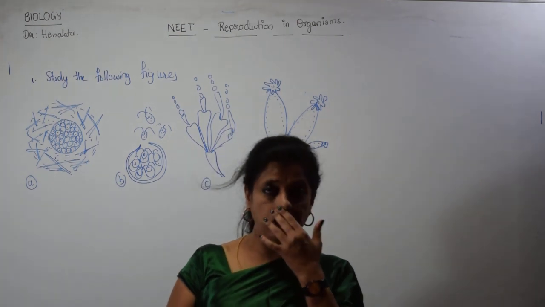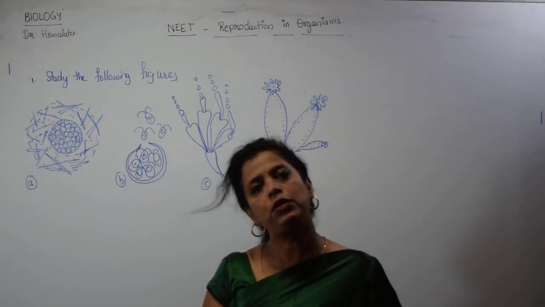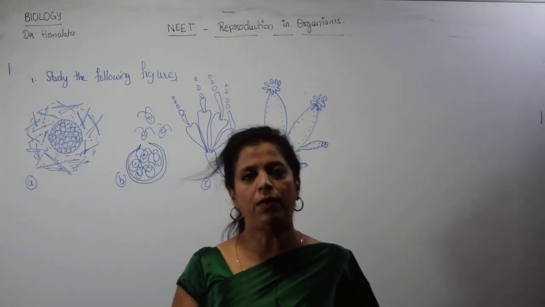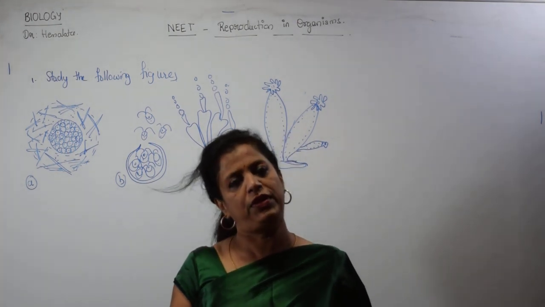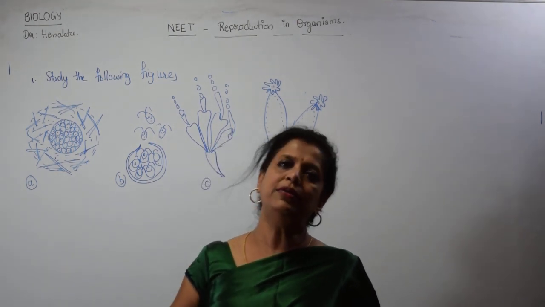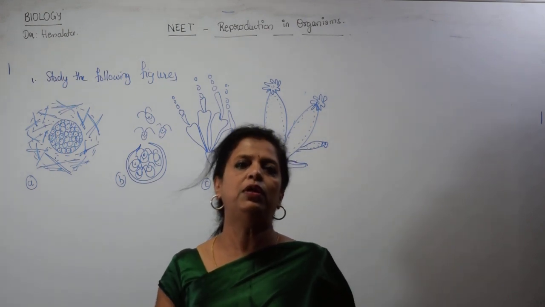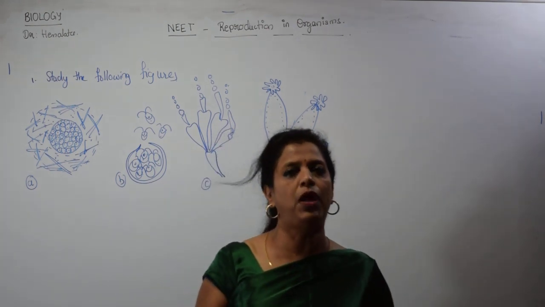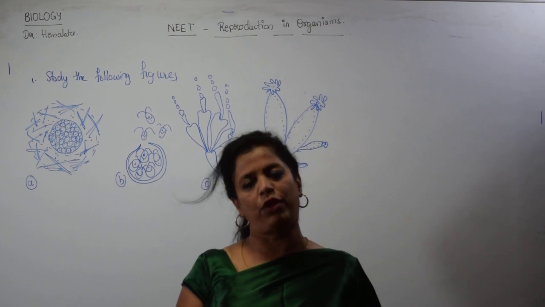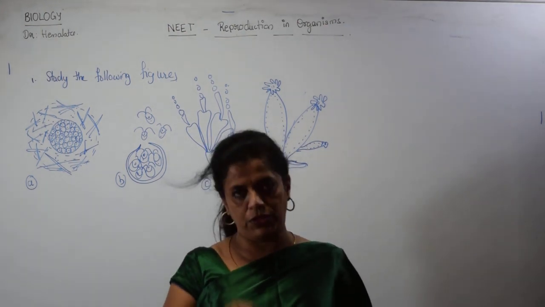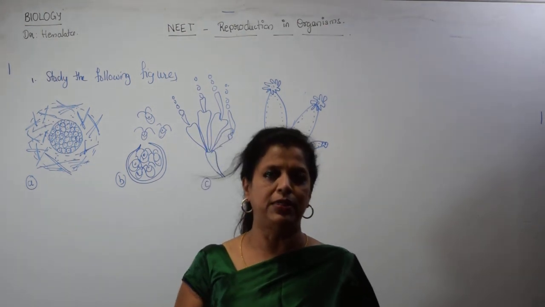Are you studying properly? Because reproduction in organisms is a basic chapter. After that only we will have to go to the further higher complex chapters. But as I told you previously, only the reproduction in humans and reproduction in plants, this would have become very simple for you. Okay, so let us go to the first question of the NEET